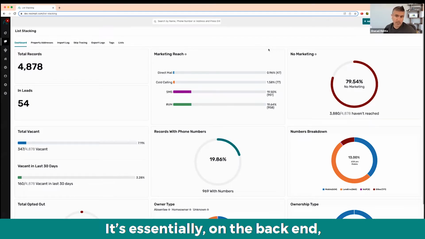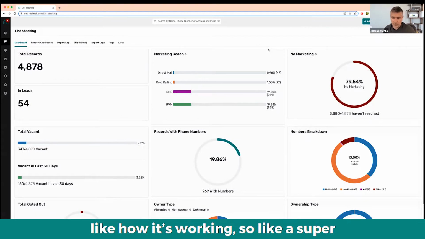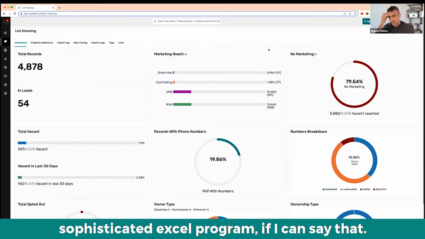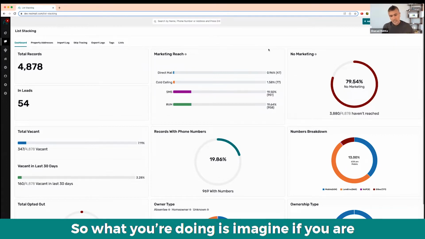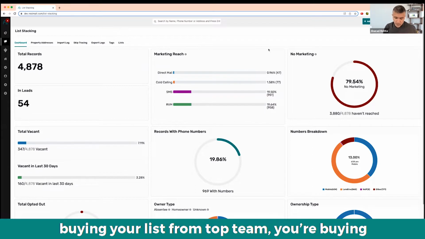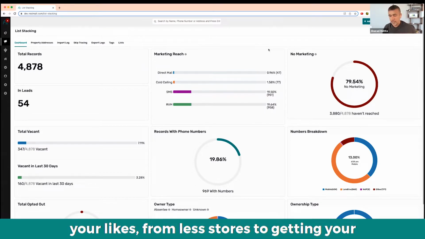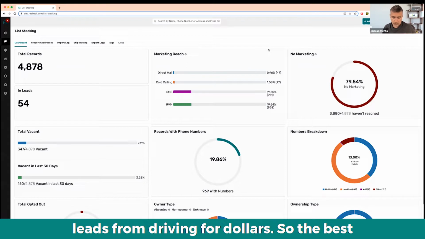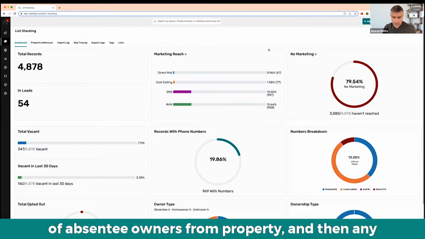It's essentially, on the back end, how it's working, sort of like a super sophisticated Excel program, if I can say that. So imagine you are buying your list from PropStream, from List Source, or getting your list from Driving for Dollars. The best example would be, let's say you pull a list of absentee owners from PropStream, and then